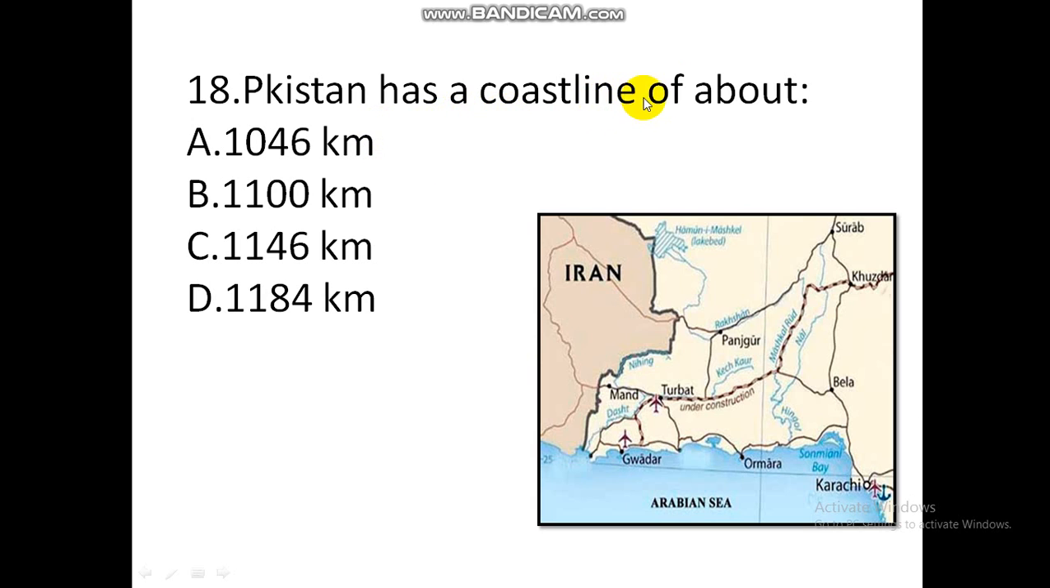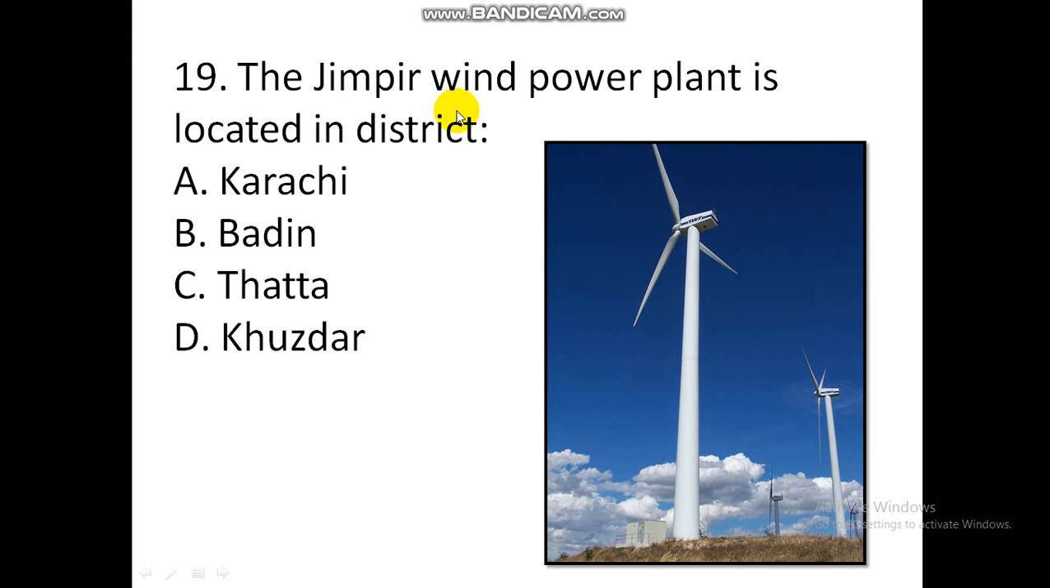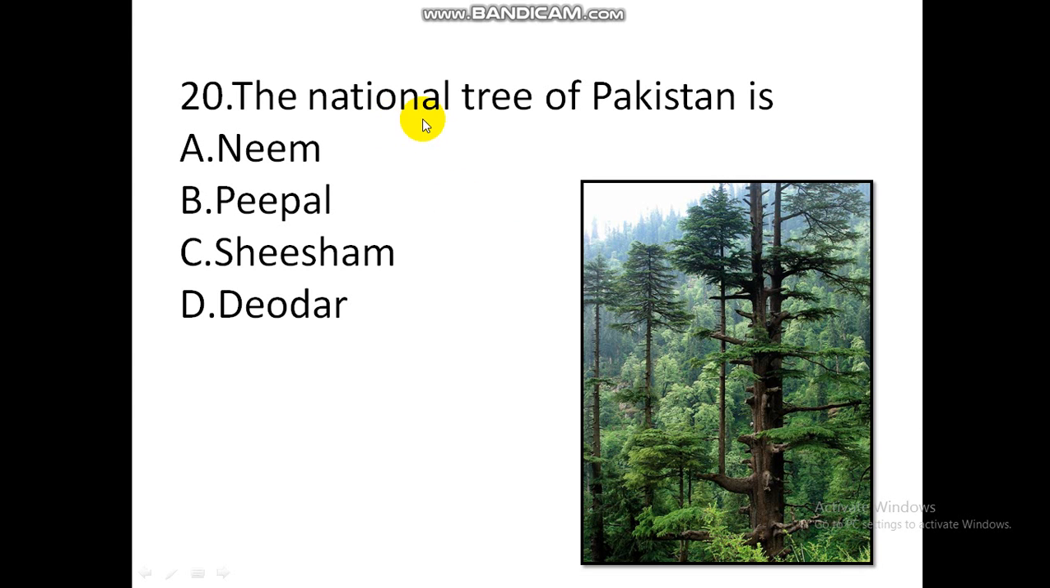Pakistan has a coastline of about 1046 km. The Jimpeer wind power plant is located in district Thatta. The national tree of